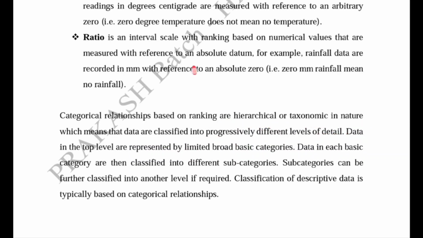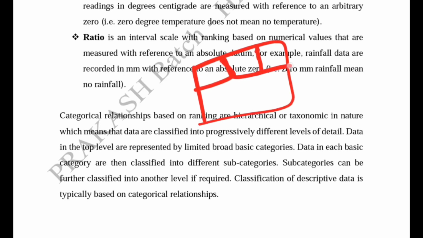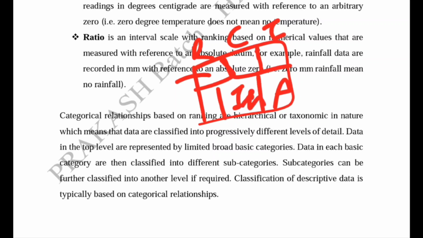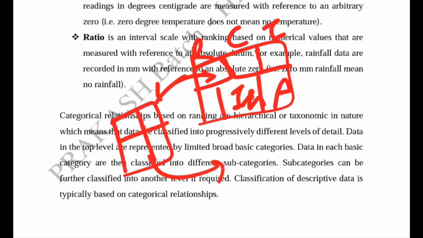So if we take an example as land use, we firstly classify it on the basis of residential, then commercial, industrial, agricultural, institutions, so many things. Then in the ordinal scale, we again classify the residential part. So this residential part is classified on the basis of population density, means low, medium, high. So these are hierarchical in nature.